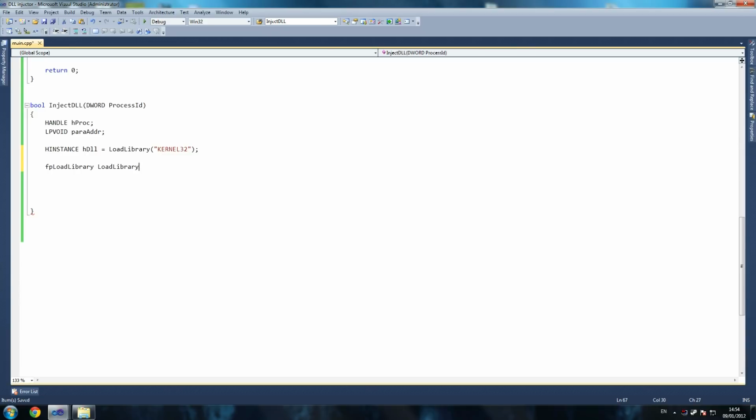LoadLibraryAddr equals fpLoadLibrary. That seems fair to me. fpLoadLibrary. What's wrong with that? fpLoadLibrary. That seems fine to me. And then GetProcAddress, hDLL,